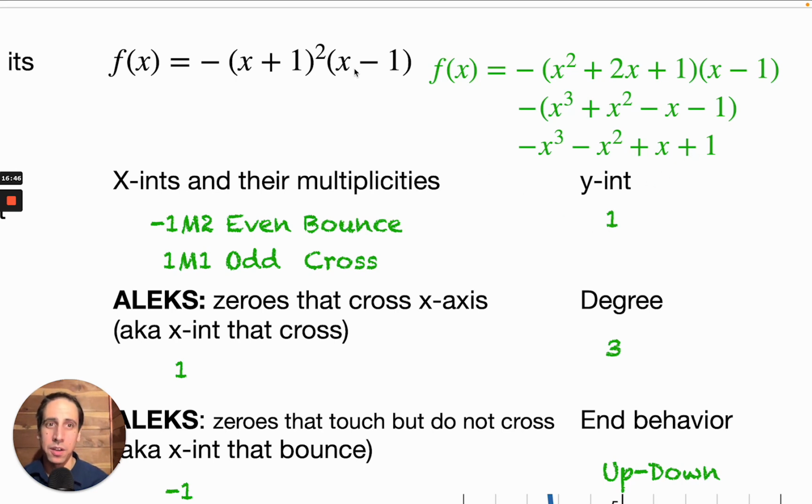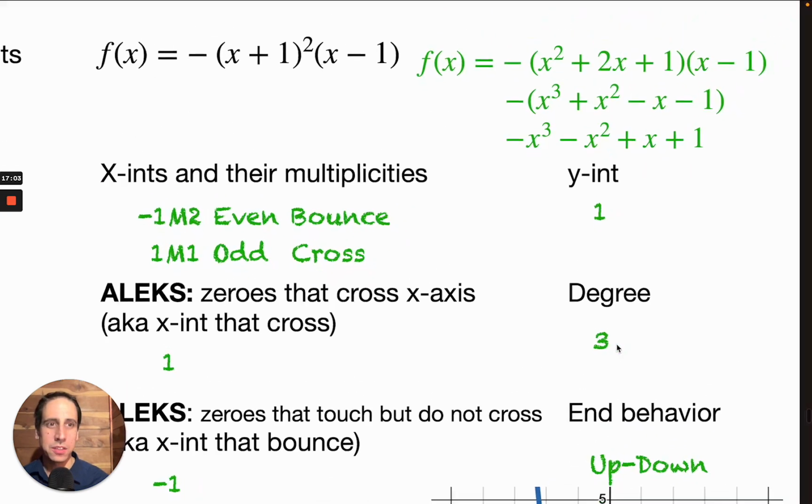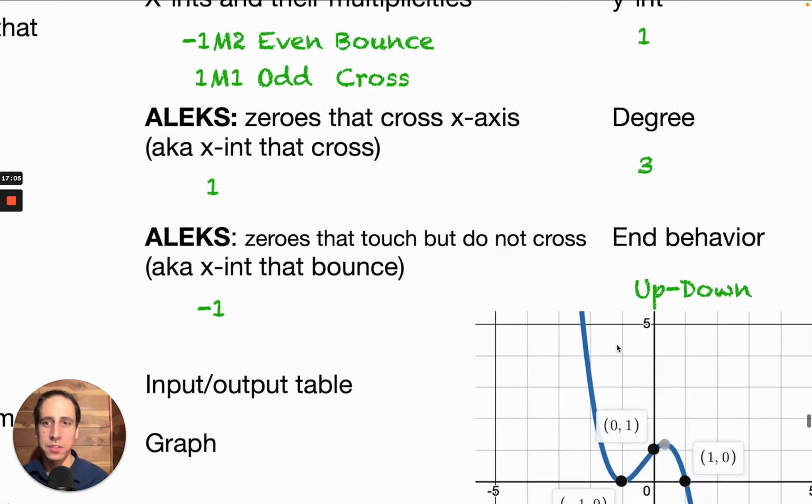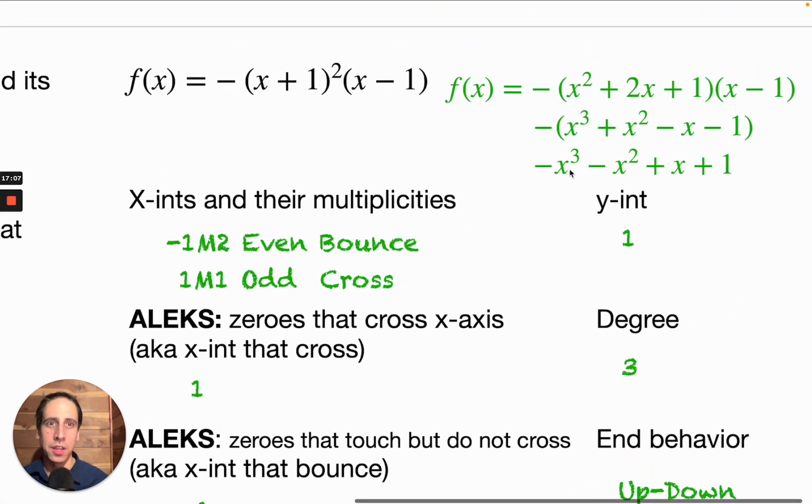You could technically put it in here also, and that would work as well, but it's a lot easier to do it here. What's the degree? Look over here on the polynomial version, and you can see the highest exponent is 3. The leading coefficient, did I list that anywhere? The leading coefficient is going to be -1 because I can see it right here on the polynomial